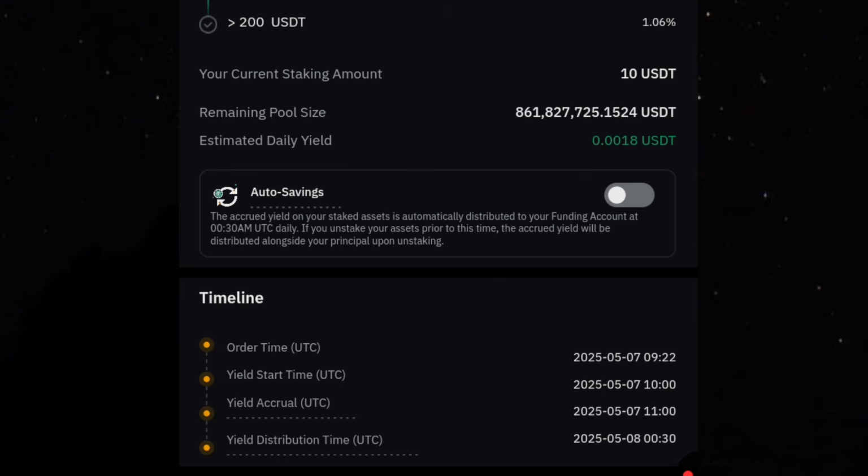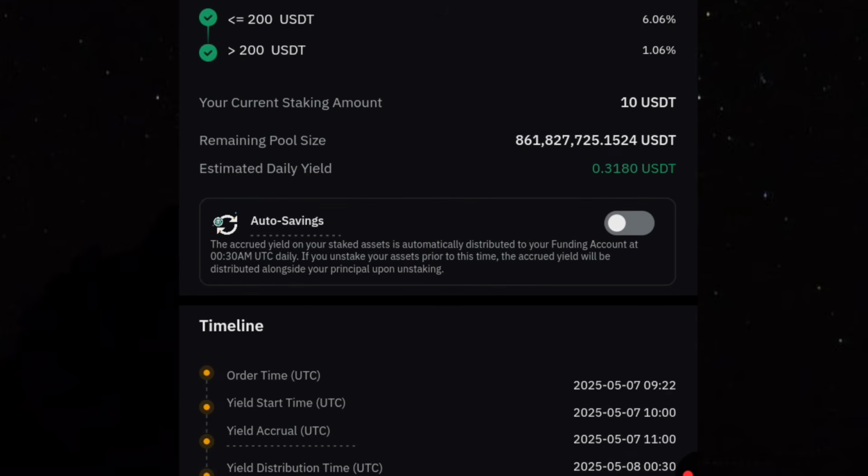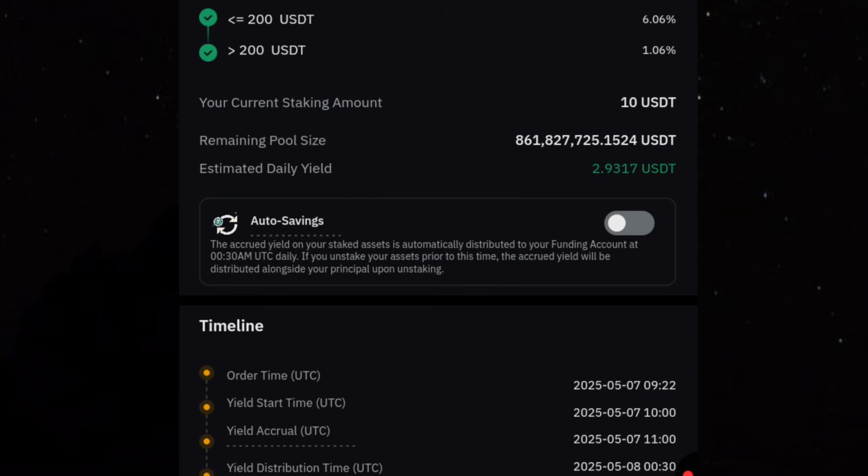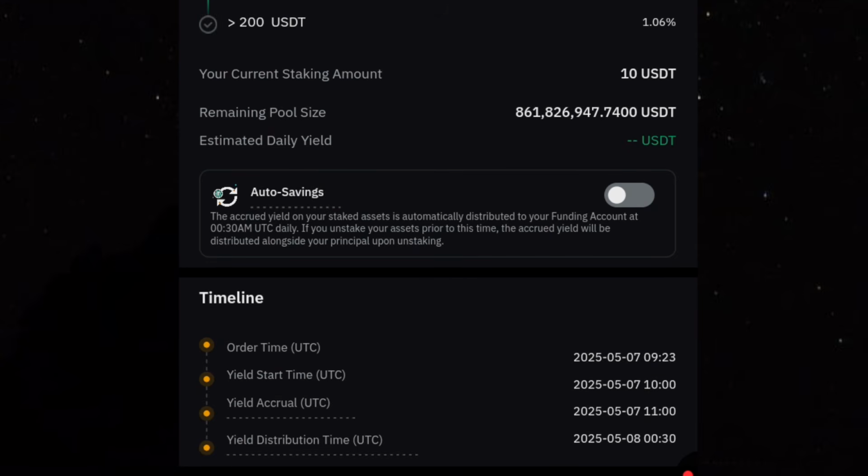Now if you have more, like let's say 100,000 USDT, then you are entitled to about 2.9 USDT on the estimated daily yield area. Now look at the amount of USD that has been invested in this. This is actually one of Bybit's best products, and this is just beautiful, and trust me, it is good for you. People who have $1, there's something good for you here, which means with your $1 you can actually come here to get